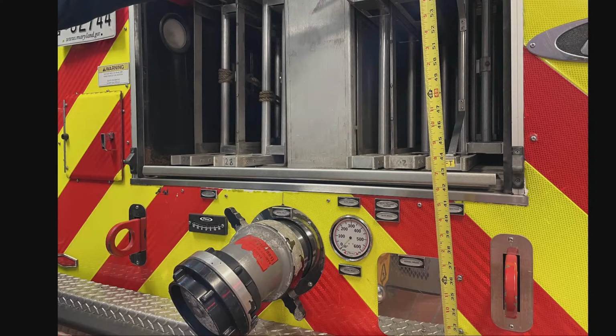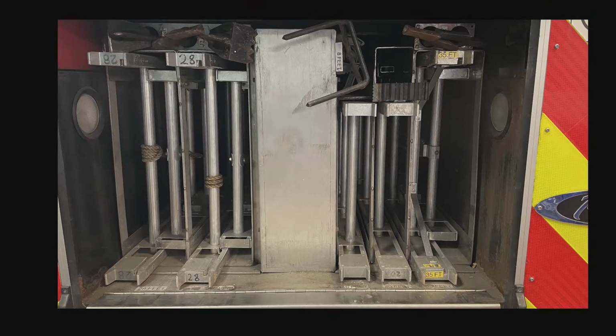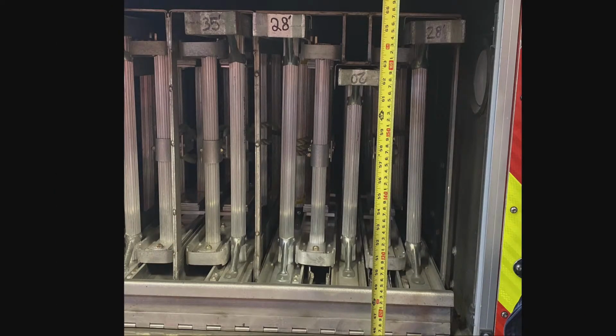So yeah, let's get right to it. Some of the videos or still shots that you see here, some things that I want guys and gals to consider before we get into those techniques: look at whatever rig you have, whether it's a truck or an engine company, and size up how high up the ladder tunnels are. That's going to change your tactic on how to deploy these off the back of the rigs, whether it's an exterior ladder on a Pierce engine or a ladder tunnel off of the